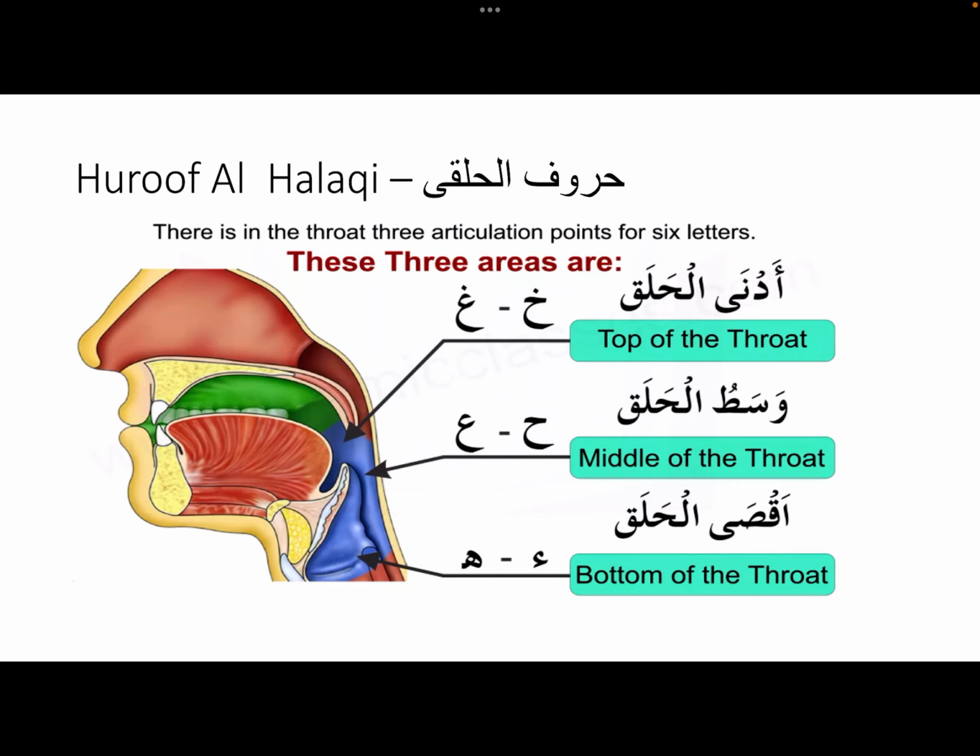Alhamdulillah, Alhamdulillah, A'udhu, A'udhu. These are the words which are pronounced with